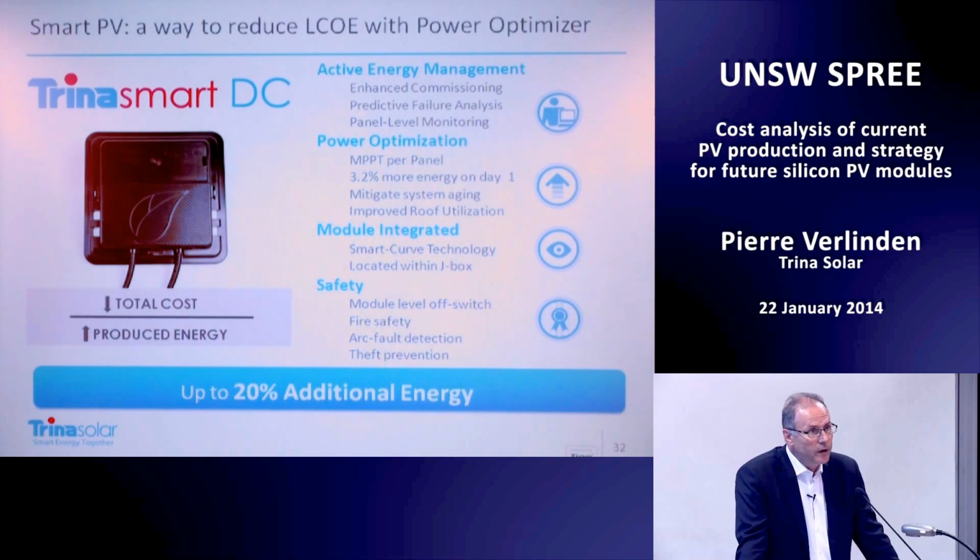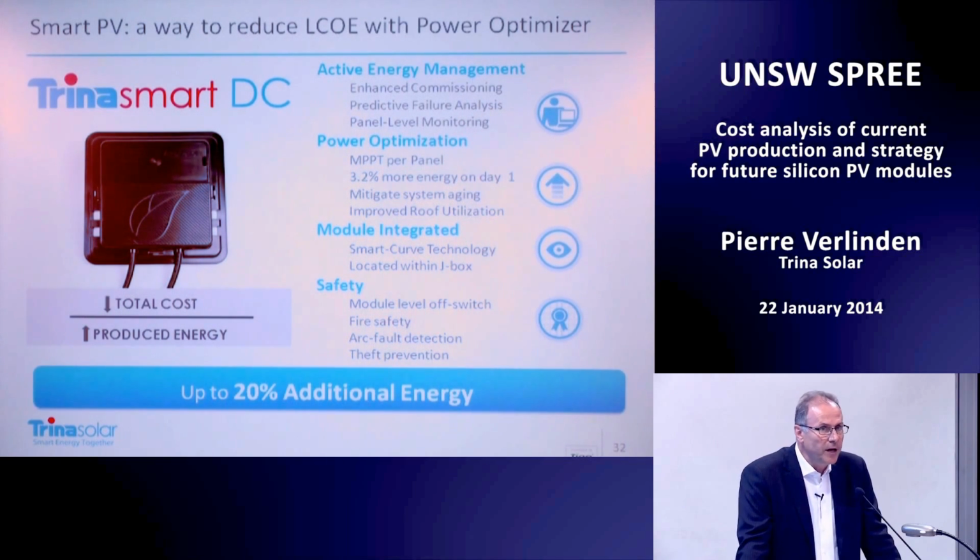Another way to reduce LCOE is to focus on energy, not so much on power efficiency at STC, and energy produced by the system. So a power optimizer is one of the solutions. And in this case, Trina has introduced a product called Trina Smart. It's basically a PV module that is integrated or embedded into the junction box. There is a power optimizer, but on top of that, it's actually a full product. It's a power optimizer, it's a monitoring device, it's also a smart curve device. Smart curve is